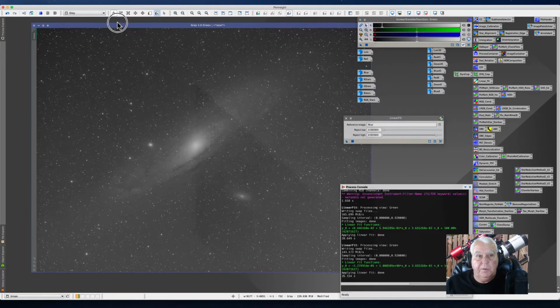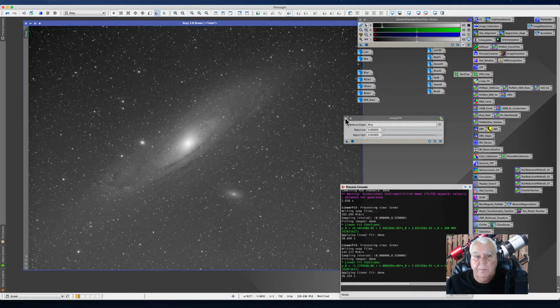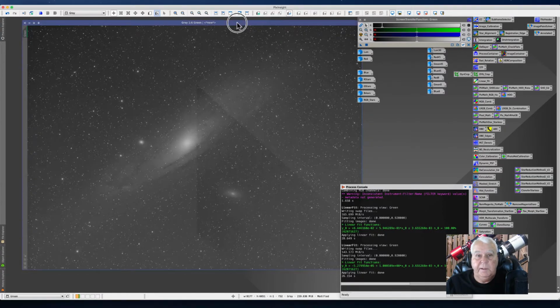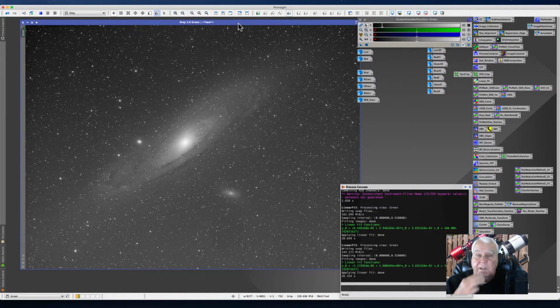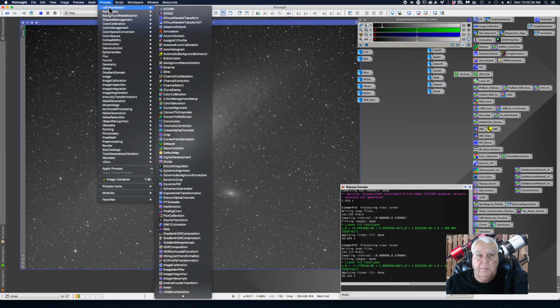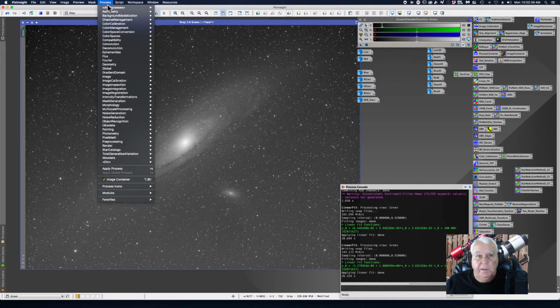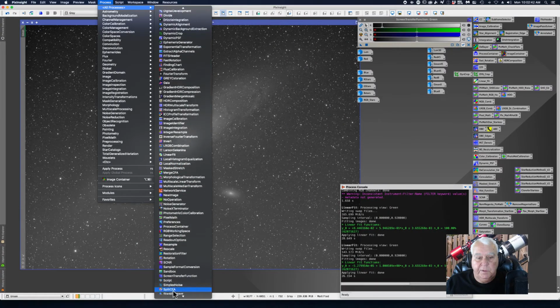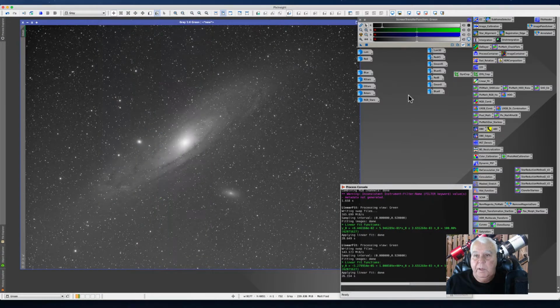Okay. Now we have all three of them with the level of luminosity matched. We can get rid of that. I guess that's what you call it, levels of luminosity. When you first bring up your screen transfer function, which I got from going up to all processes and down to screen transfer function, it will be linked. And when you link your channels to your RGB image,